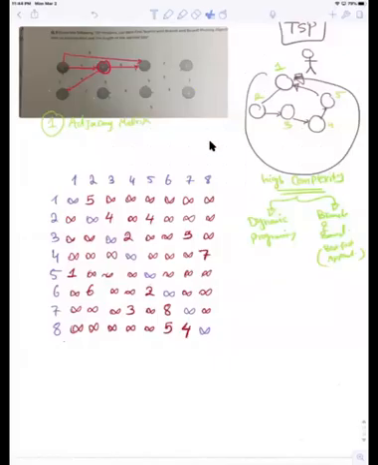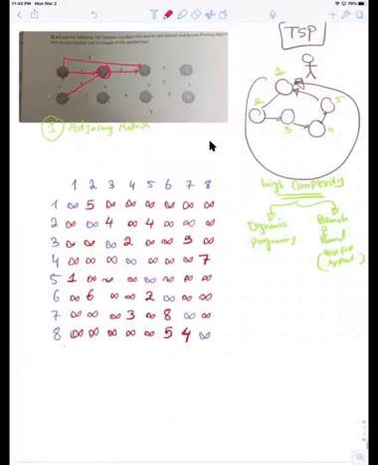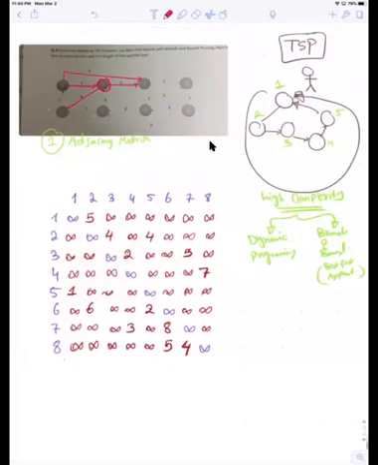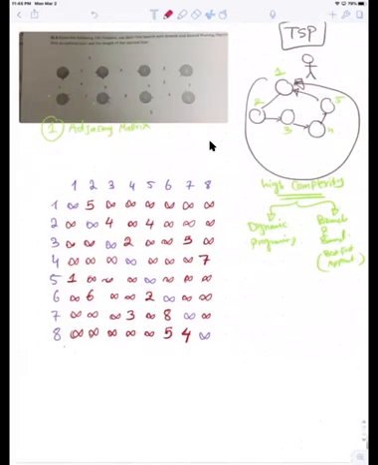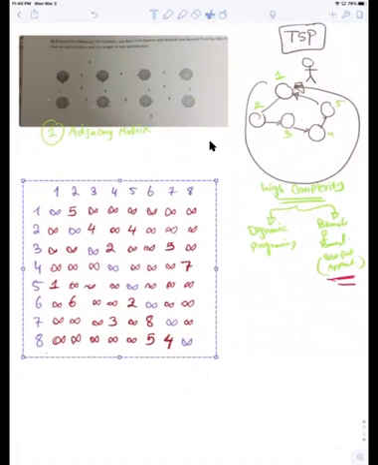So now after I have finished filling the whole table, this is what I came up with, which is better than what I was doing. Now it will be easier because I have my adjacency matrix, and I just have to apply my branch and bound style. So what we will start with is